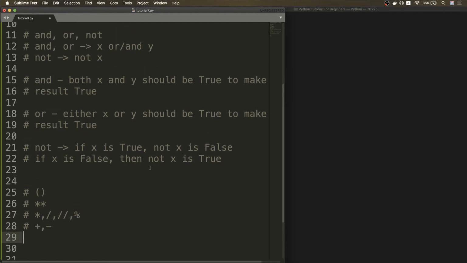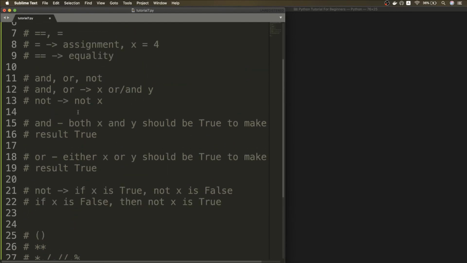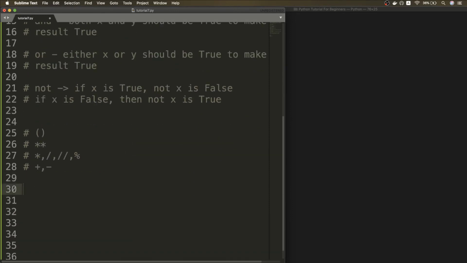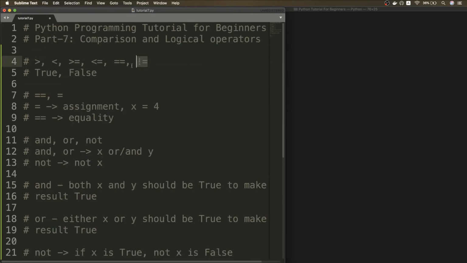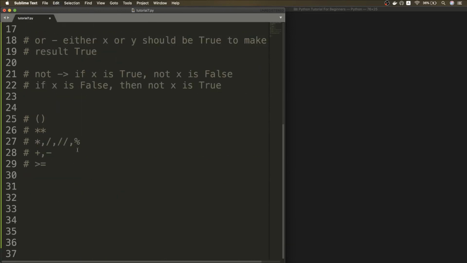Now let's add these operators to the whole picture. The comparison operators stay below the arithmetic operators. So all the comparison operators have less precedence than all the arithmetic operators. And after that we get logical operators, and in logical operators we have the following order: not comes first, then and, then or.